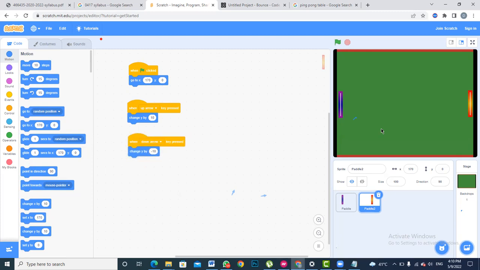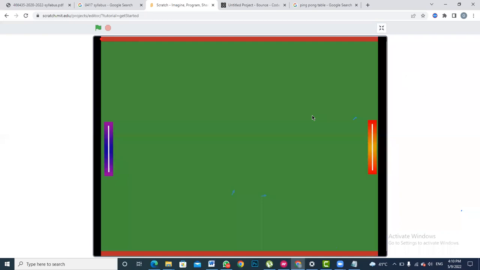So this is it right now. What we have done is that we have made sure that our characters are now moving. So I press the flag button here and they move to their position. Now when I press the W button, the paddle moves upward. And when I press the down button, the right paddle moves downward. And now you can see